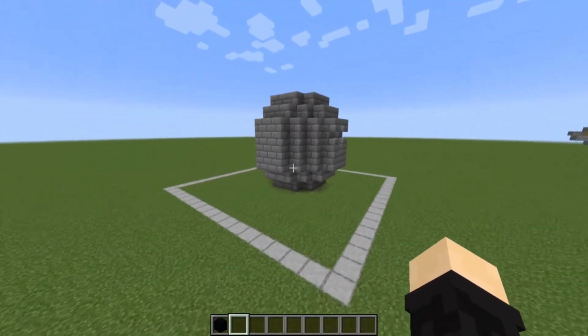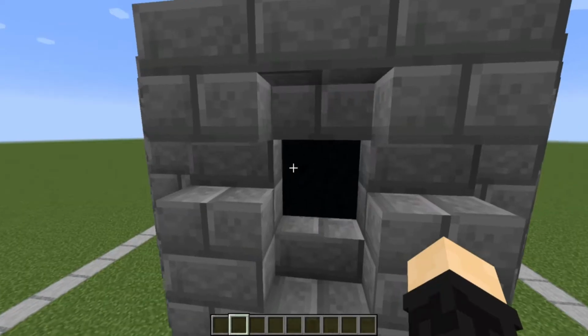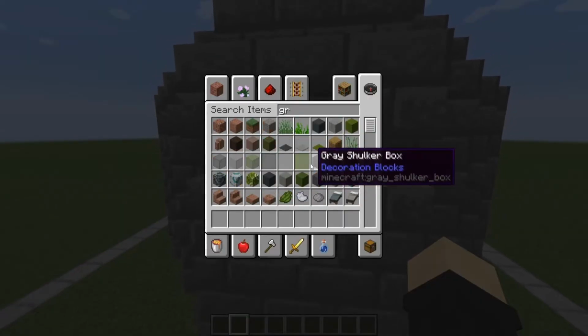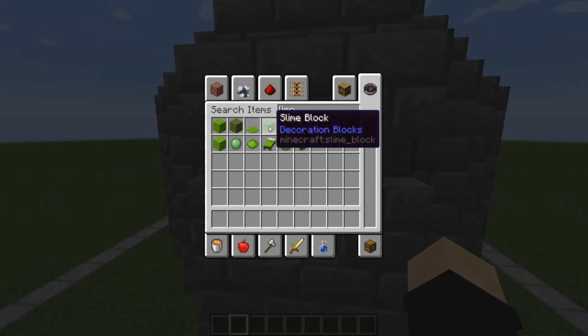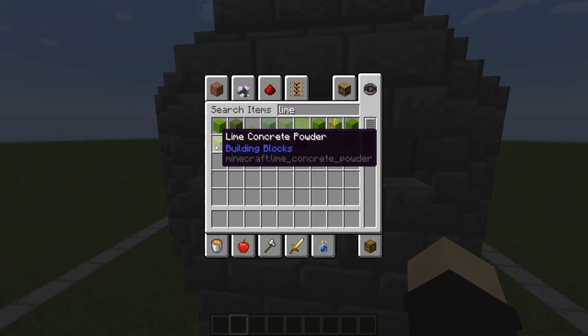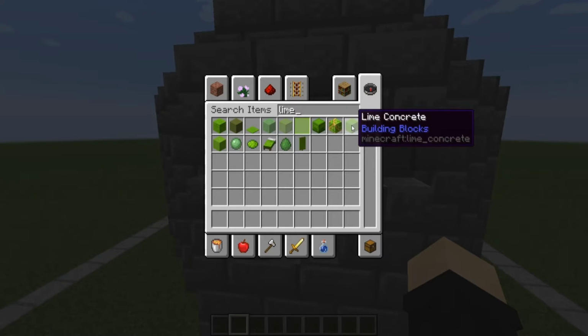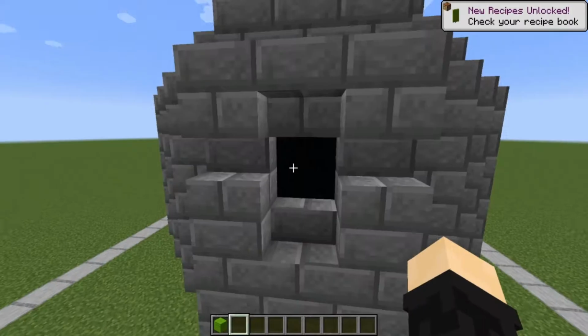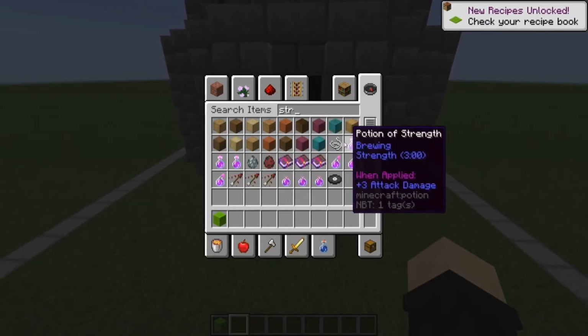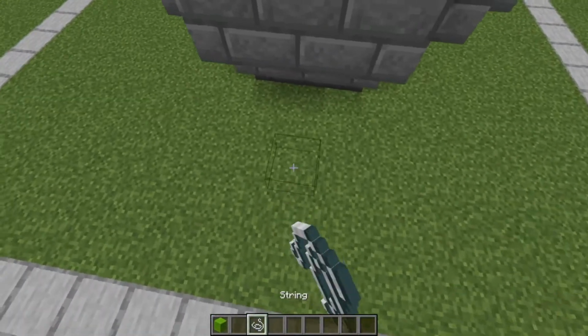Okay, now, this is not looking bad. It's not looking great, but it's not looking bad. Now, if we get some green, no, lime, actually. Lime stuff. We could use slime, but lime concrete powder could be a good one. But I think we have to go with wool, otherwise that won't work. What if we got string, right? If we got string and we went like...